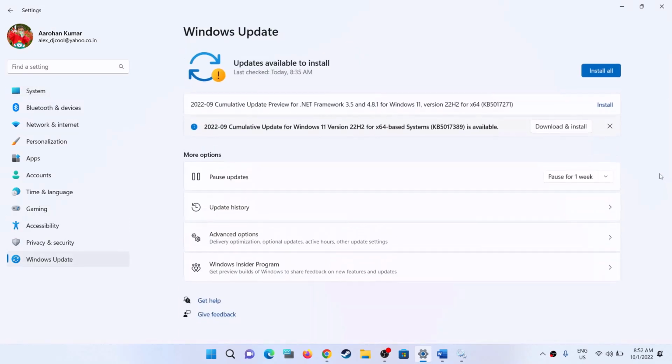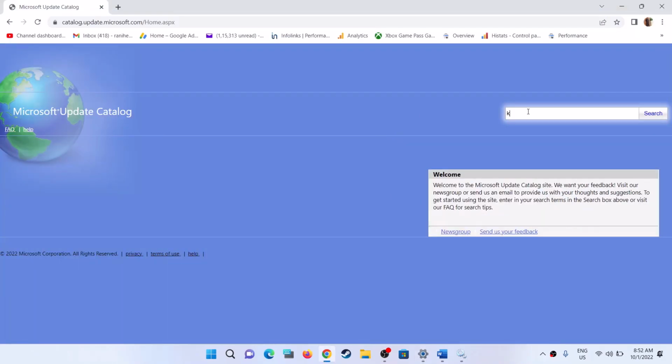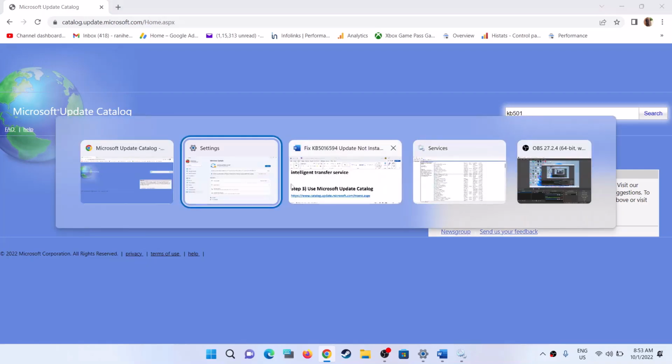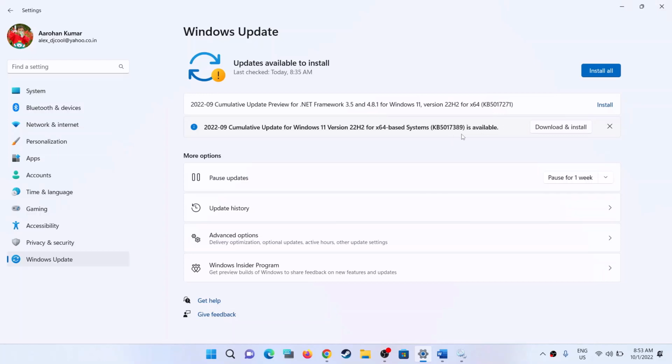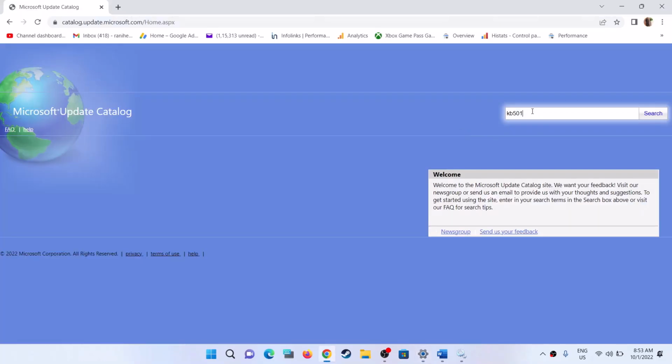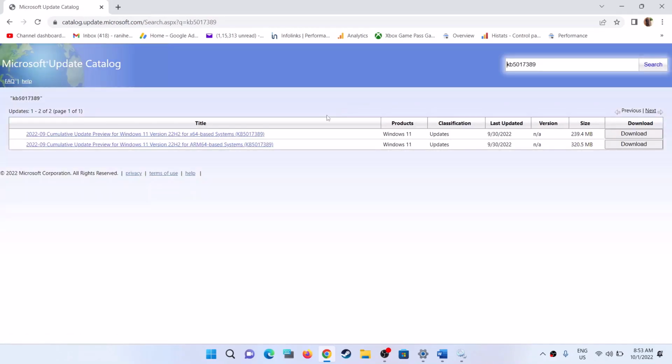So the update is KB5017389. So write it down, KB501 and then 7389. Then search. Now over here, this is the update, that is Windows 11 x64 base system